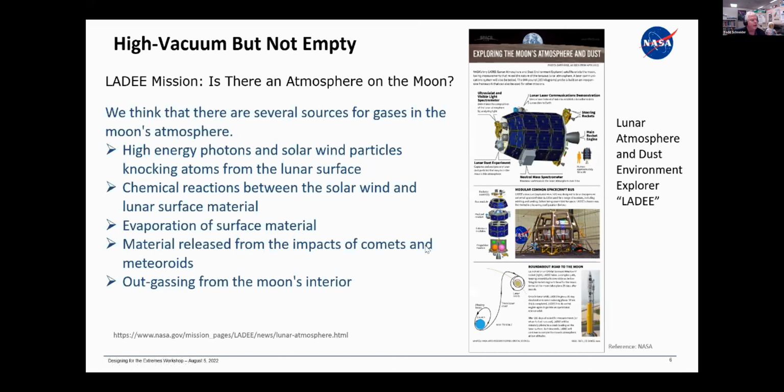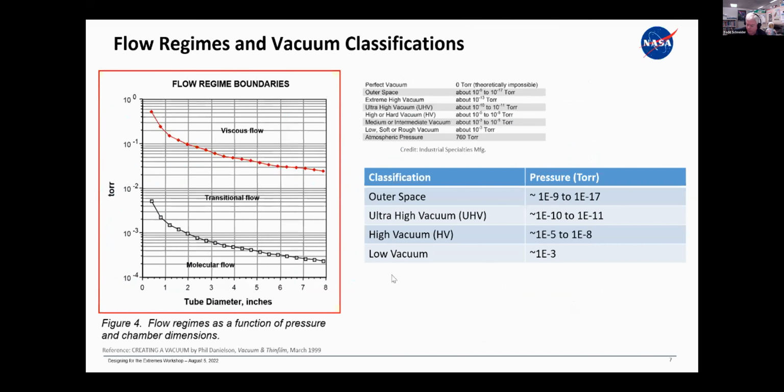And of course, you have these impacts from meteoroids and from comets that will then evolve gas and is part of what constitutes the pressure, if you will, that's going to be part of that vacuum surface. So let's classify really quick. I thought it might be useful to classify